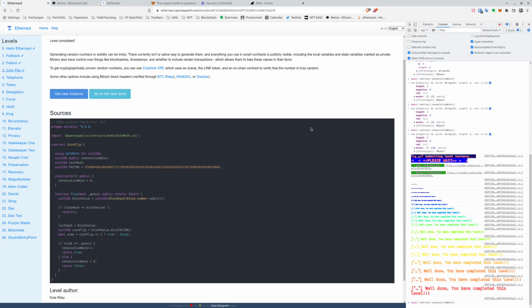Okay, and that's just right. That's completed. So we hacked that, and we've managed to guess 10 times in a row the same thing as the contract's source. As you can see, after finishing this level, the Ethernaut game printed out some interesting information,